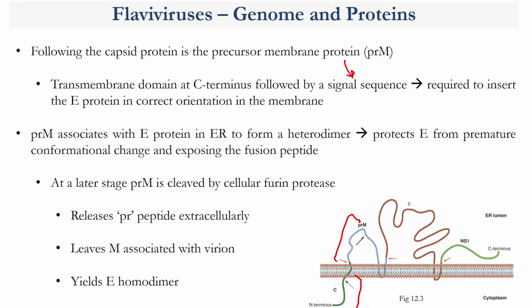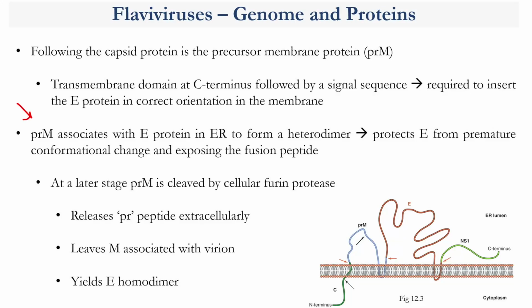And this signal sequence is required to insert that E protein into the correct orientation in the membrane itself, because you want the domain sticking into the right part of the cell, okay? So as a result, what you need is these signal sequences that will orient your protein in the right way, okay? So here's a signal sequence right by the transmembrane domain. Now your